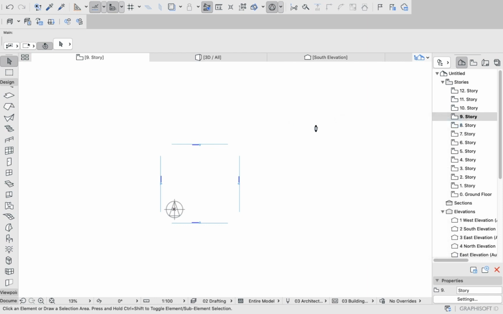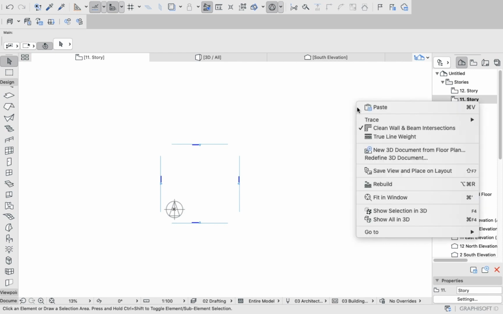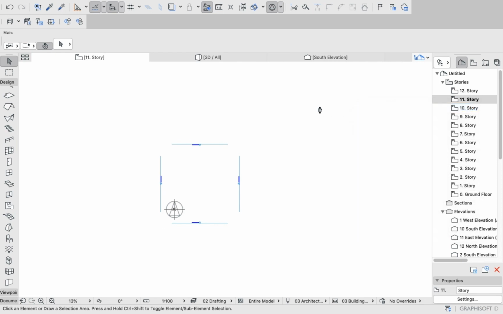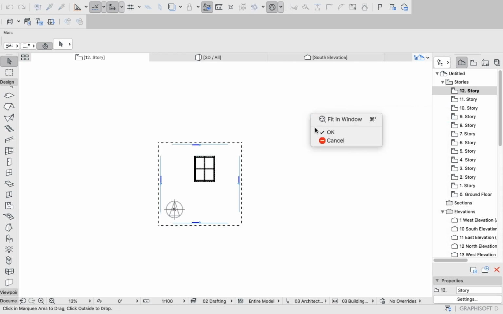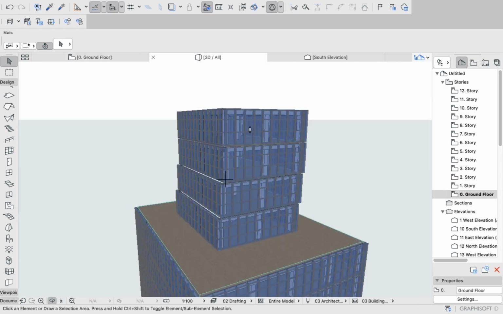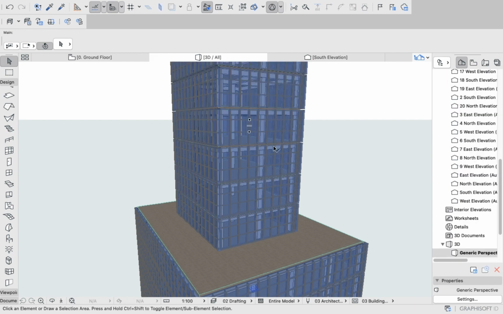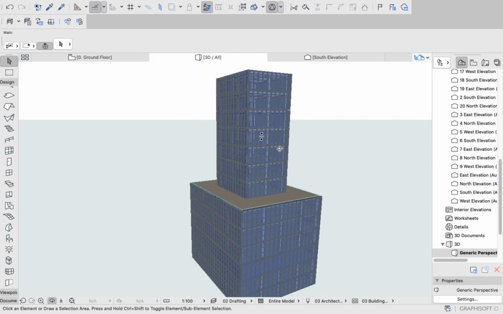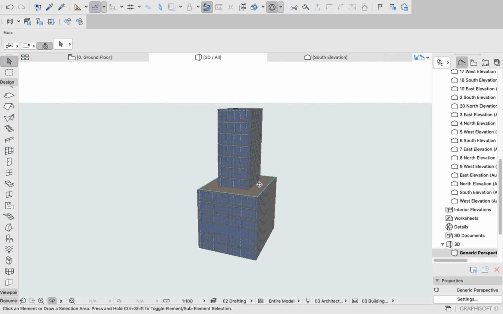And paste. Paste. Paste. Paste. So this is what I was trying to say about